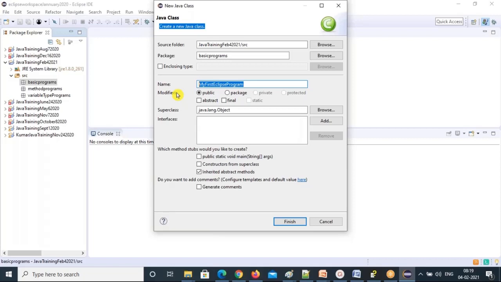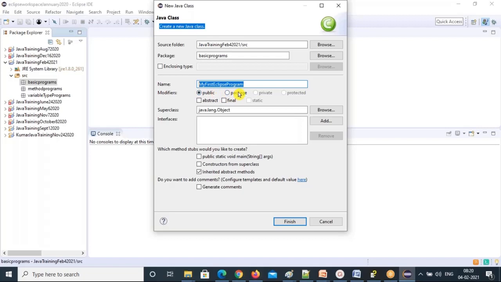Access modifiers are again categorized into 4: public, package or default, private, protected. Non-access modifiers are categorized into abstract, final, static. All of this comes under the modifier category.